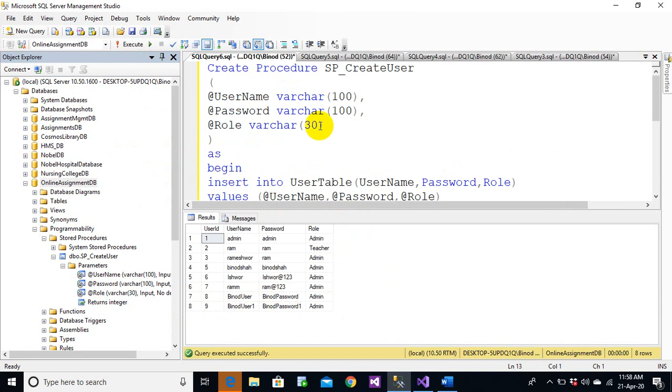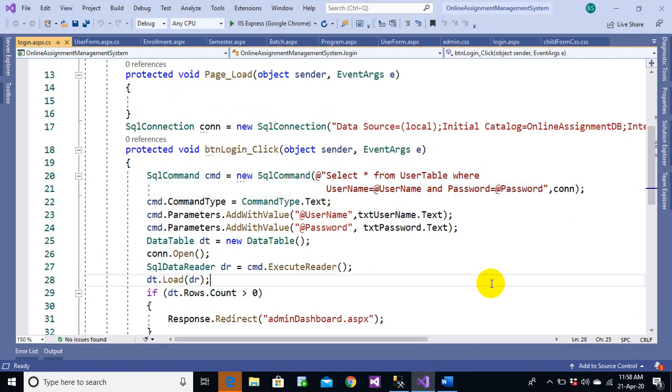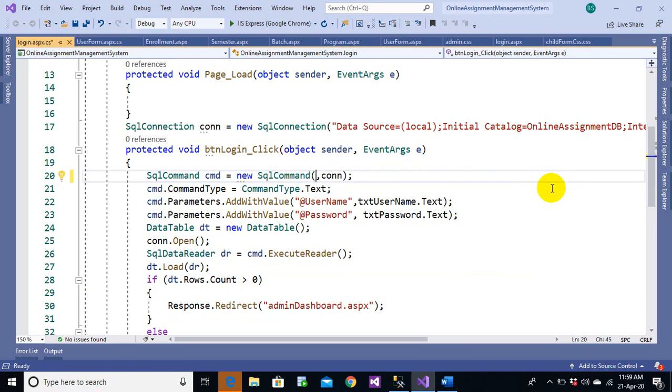Now let us link this stored procedure to our UI design. This is our UI, so nothing to be done here. What I will do today is remove this statement, and instead of it I'm going to write the stored procedure name, which is sp_create_user. This is case sensitive, so you have to be very careful.